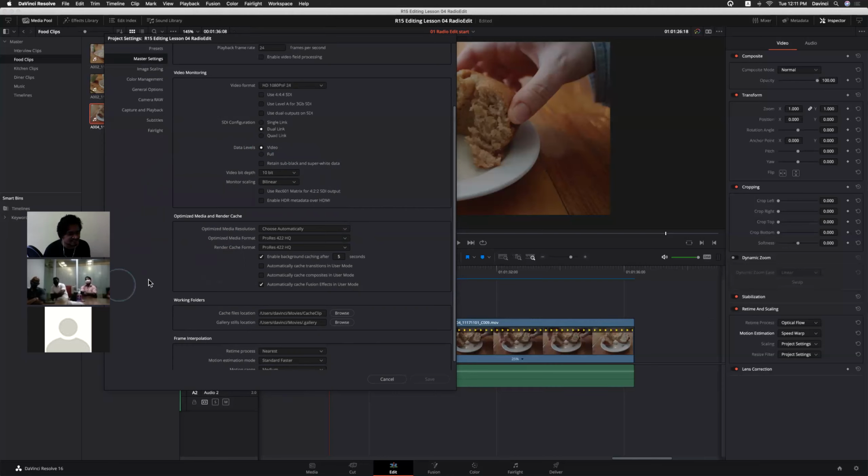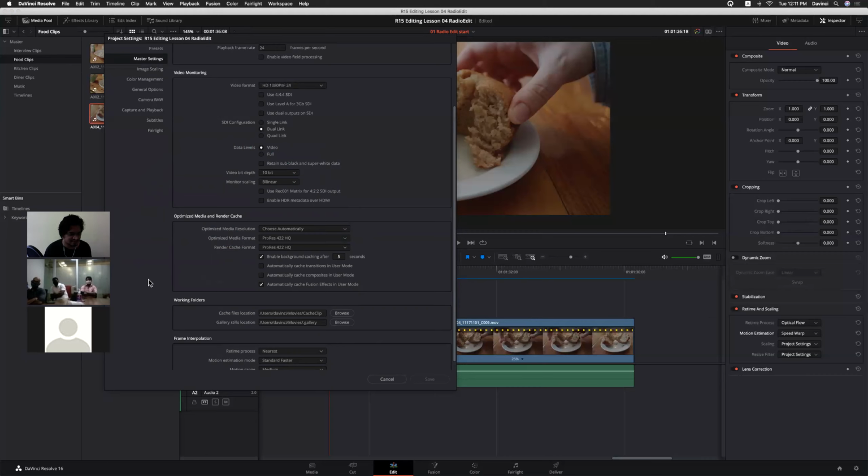Maybe in FCP7, while doing log and transfer, we could select the media type, the conversion. Then we can choose whether it's ProRes 422 or ProRes high quality. It's nothing but optimizing media as per our requirement.